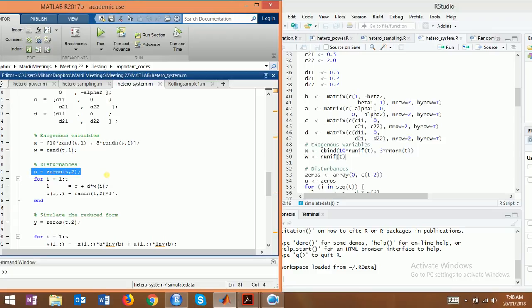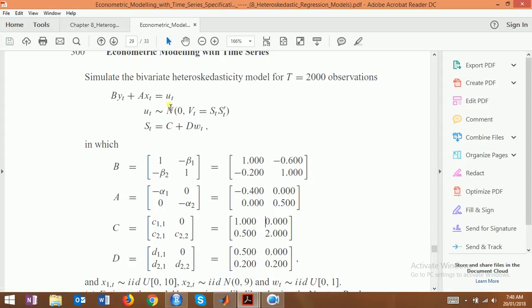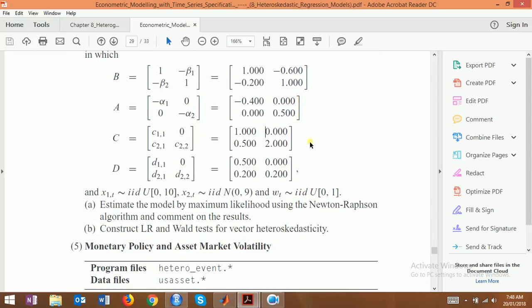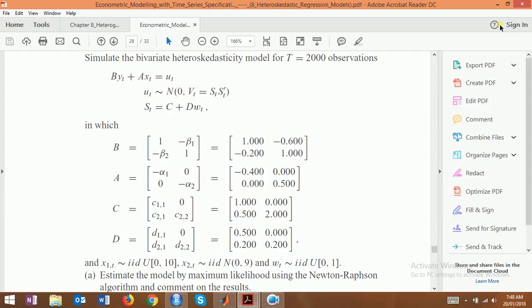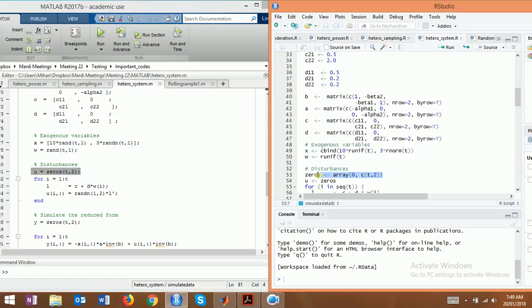Because in this problem I'm supposed to have 2 residuals, T rows, 2 columns, because we need dw1 and dw2, or C1 dw1, C2 dw2, right? So equals 1 to T, an array of zeros. I'm creating an array of zeros